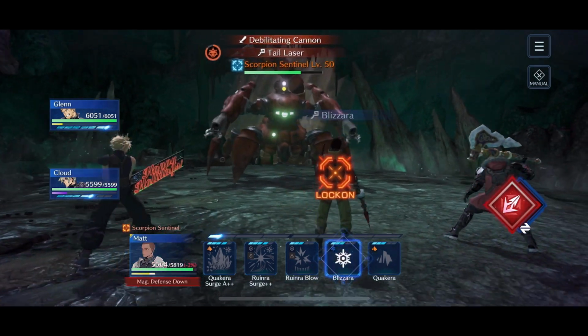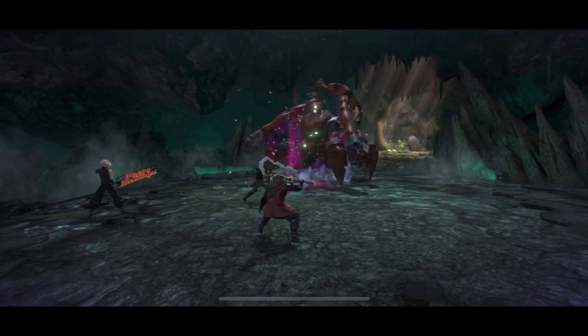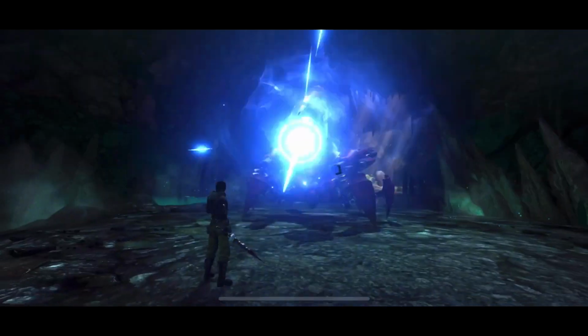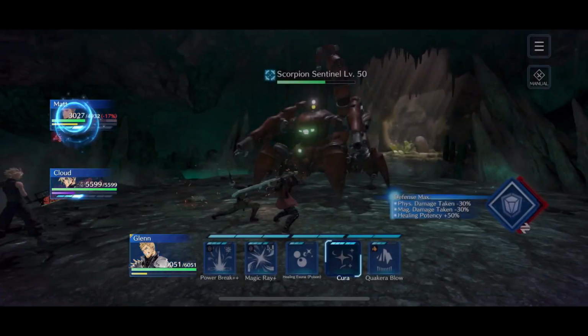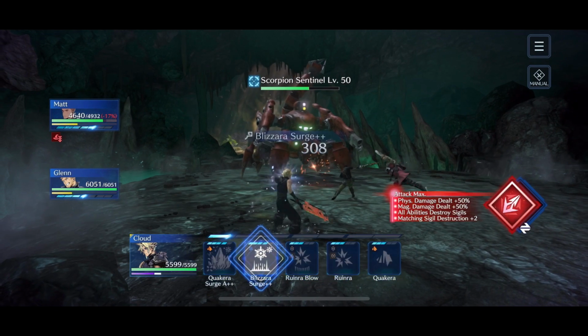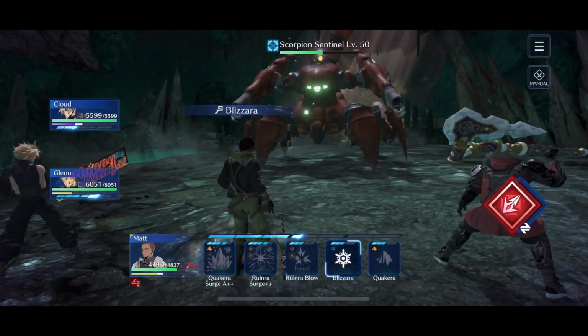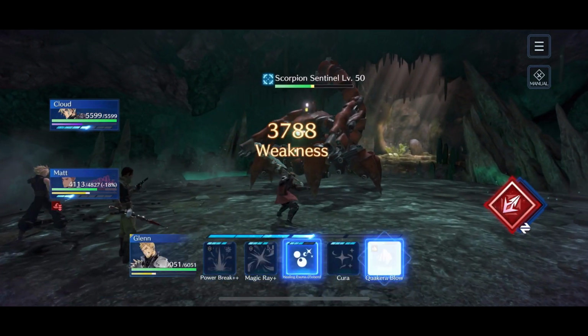Glenn and Cloud and, well, really all 3 characters are going to be using ice except for Glenn, who doesn't have any ice materia equipped. So that's how much damage the attack is going to deal. We're able to swap to defensive stance and heal Matt up. I really shouldn't have switched out of defensive stance first. I should have just healed him up right away. But after that, all we're doing is just spamming our ice abilities, trying to do as much damage as we can. The next thing that he's going to do, other than just these intermittent attacks against our party,